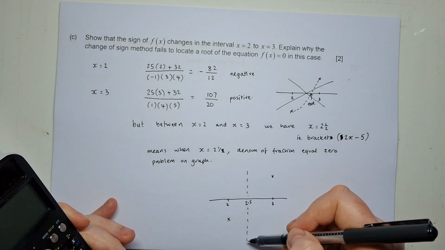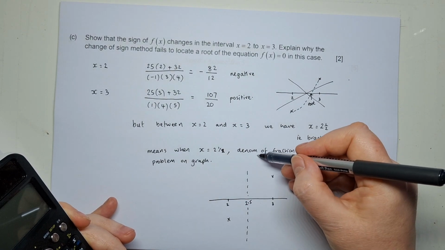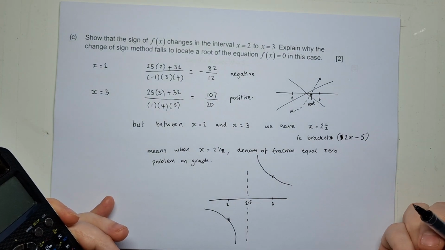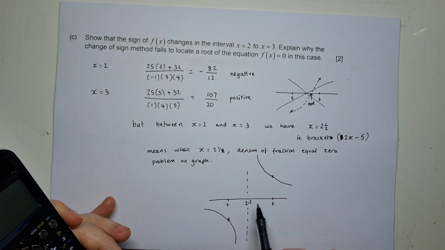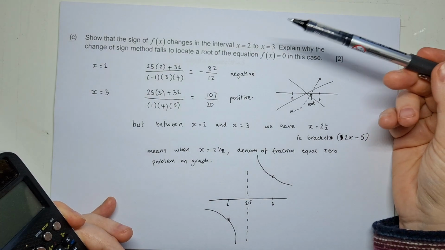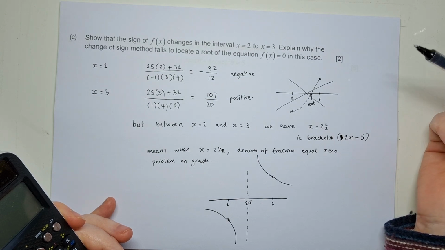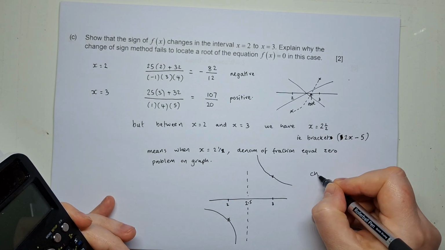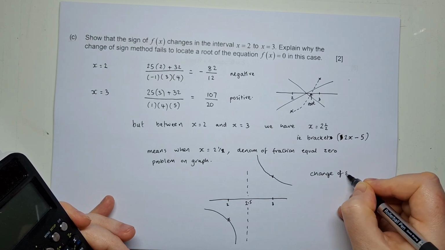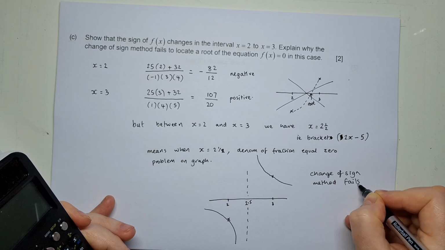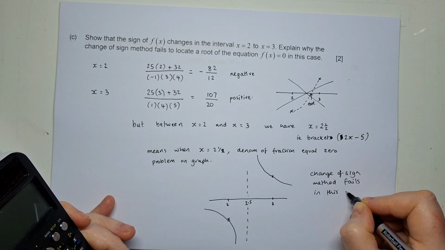This is called an asymptote. What could the graph look like? Well, it could do something like this and this. I mean, we don't know. We don't have to really investigate the graph particularly. But because we can see there's a bracket where the value of x from that bracket is going to cause us a problem, it means that this method looking for a root of the equation is not going to work in this case. So we can just say our change of sign method fails in this question